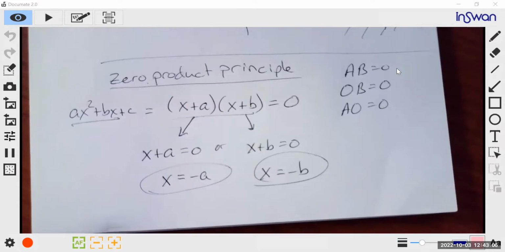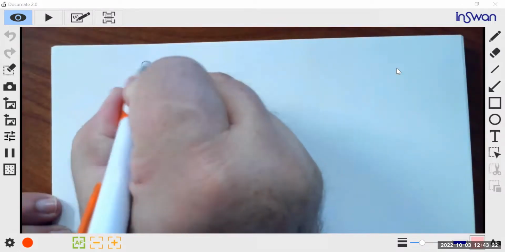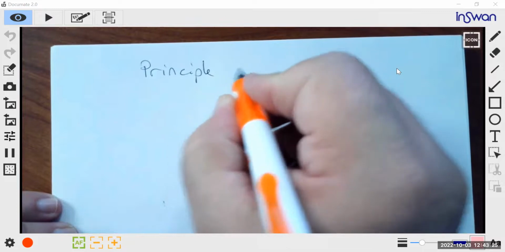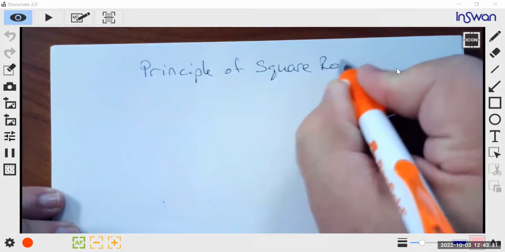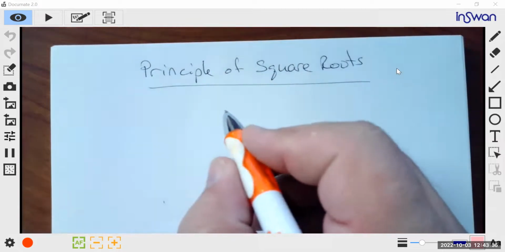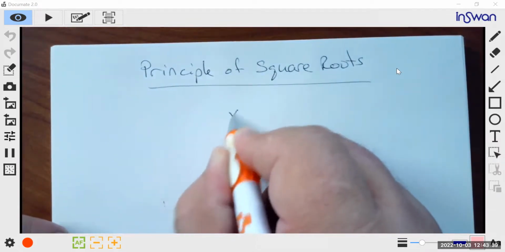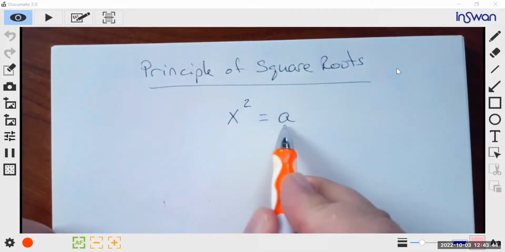Okay, that's the first principle, the zero product principle. The second principle is called the square root principle, or the principle of square roots. It says this: if x squared equals a number,